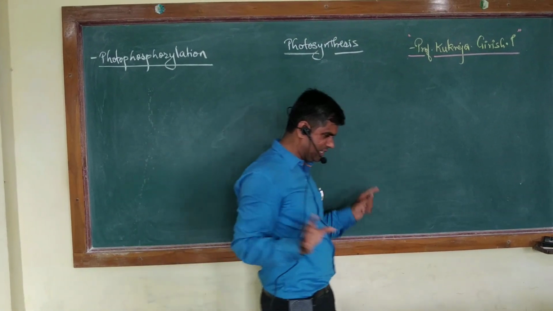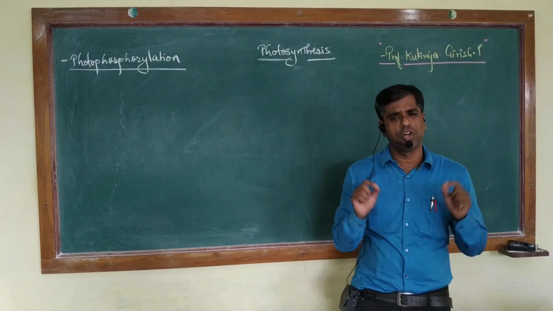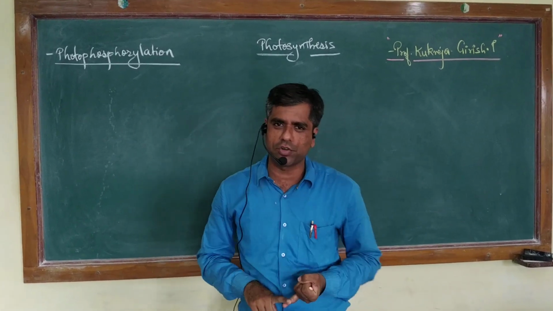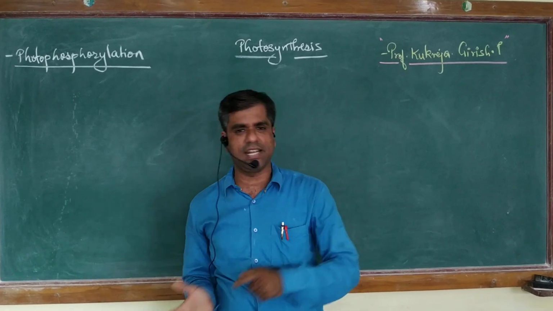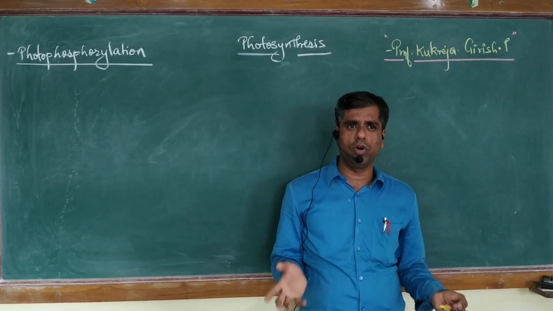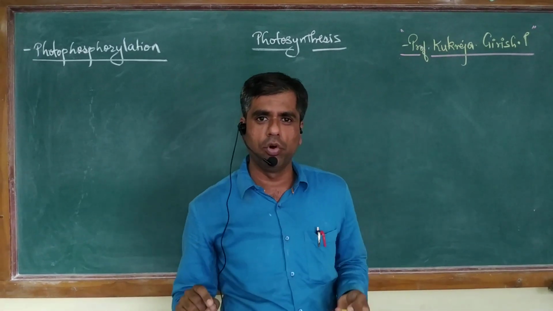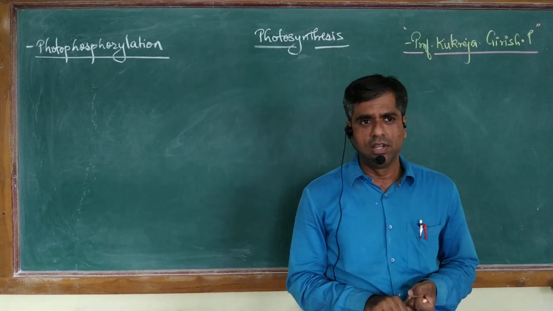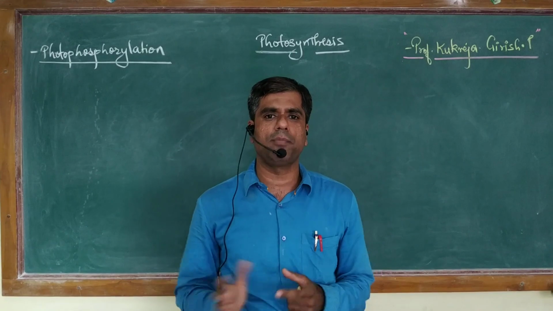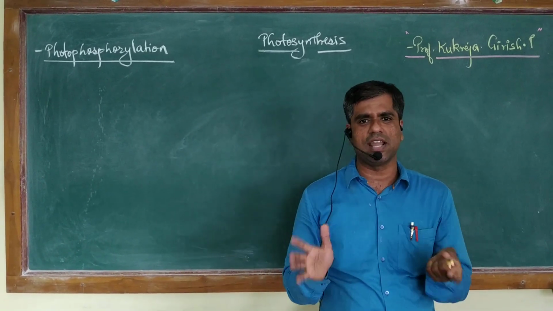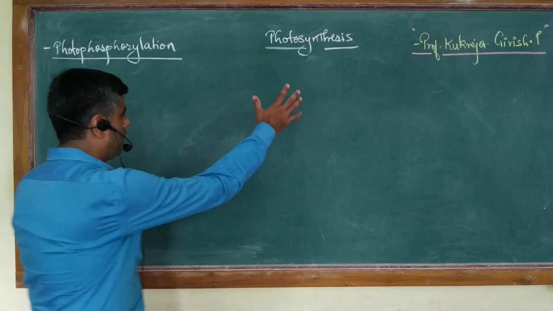To give just a broad picture of non-cyclic photophosphorylation, let me clarify that it involves two photosystems. We call them PS1 and PS2, having two reaction centers, P680 and P700. This involves what is called photolysis of water. So there is breakdown of this H2O, and then there is liberation of the oxygen. There is a generation of ATP as well as NADPH. So the entire assimilatory power is generated in this non-cyclic photophosphorylation. So as I told, details sometime later. Let's go how the electron flows.